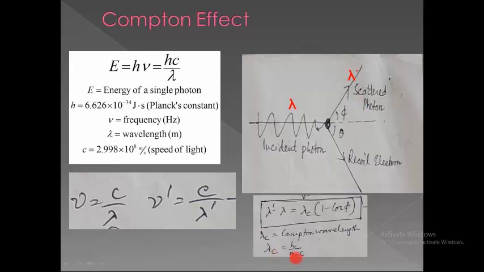Now what is lambda c? Lambda c is a constant which is called the Compton wavelength. The constant is named Compton wavelength because Compton has done this. So this constant was named after him. Lambda c is equal to h, Planck's constant, divided by m0 c, where m0 is the mass of an electron, and c is the velocity of light. Now if you ask me what is the mass of an electron, it is 9.1 into 10 raised to minus 31